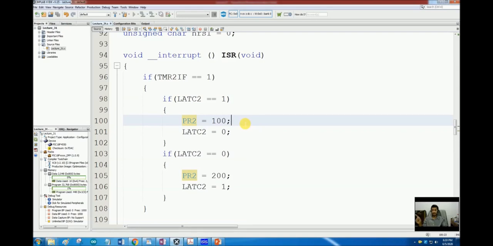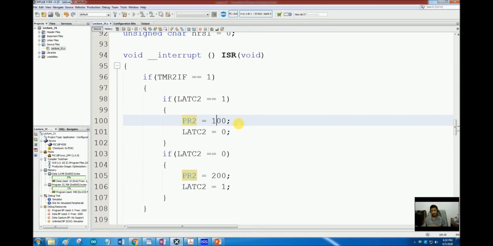Rather, I am updating the period register to which that register will compare its value. So if I change this value from 100 to 200 or 200 to 100, I am at least certain that even if my timer was running in the background, it did not reach 100. It may have reached 10 at max, but it did not reach 100.